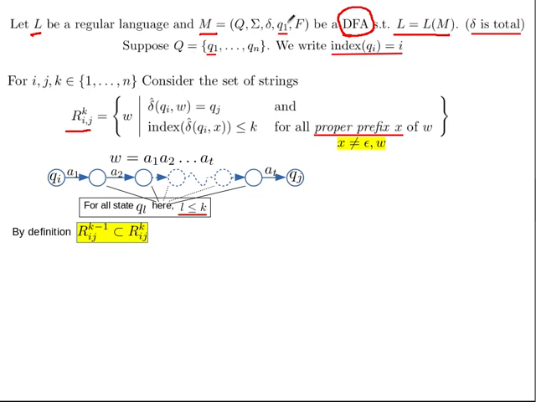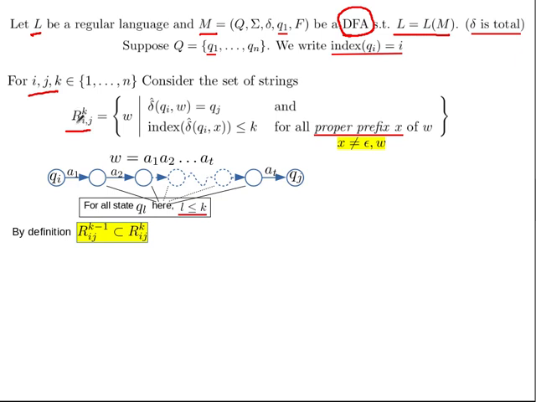Something to notice here is that we have used Q1 as our start state, and we have n many states, Q1 up to Qn. This is how we label our states. It's just some labeling, we have to give some name. This convention will help in writing the equations cleanly. Now consider integers i, j, k between 1 and n, and parameterized by these integers